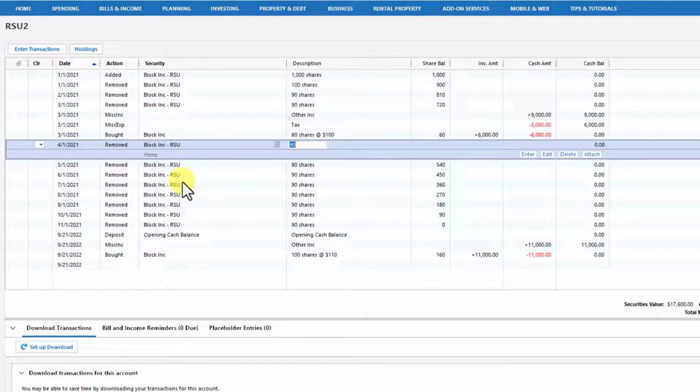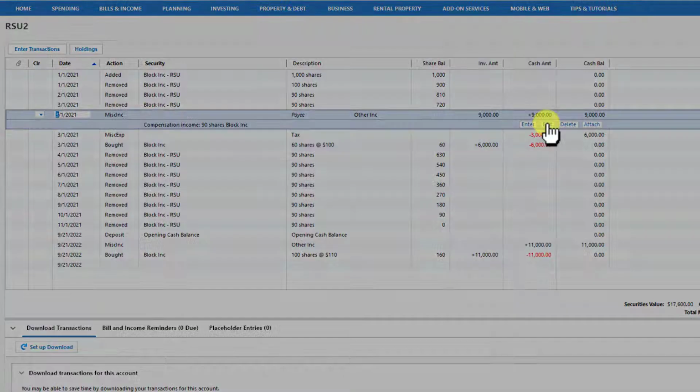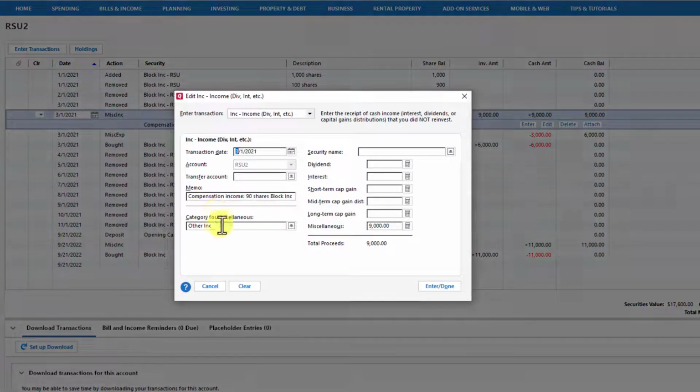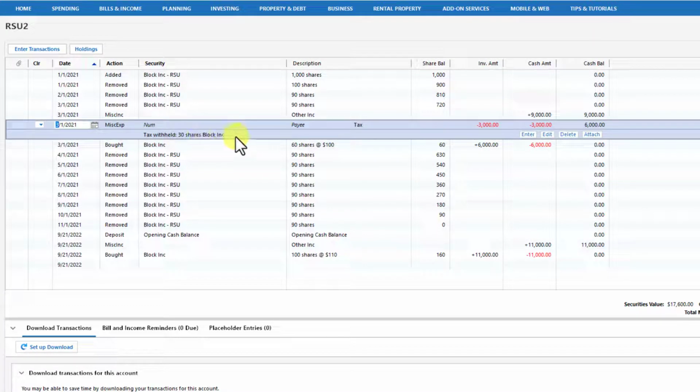So the next thing I want to talk about is what other adjustments you might need to make. We've gone through the functionality that Quicken is presenting, and it's very good. It's a good start. However, RSUs can be a little more complicated. For instance, miscellaneous income. I wouldn't call this miscellaneous income. I would actually go and create a secondary category that has RSU income so that I could see that. Same with expenses. Unfortunately, it's probably not one tax you're going to pay. It's probably going to be federal, state,